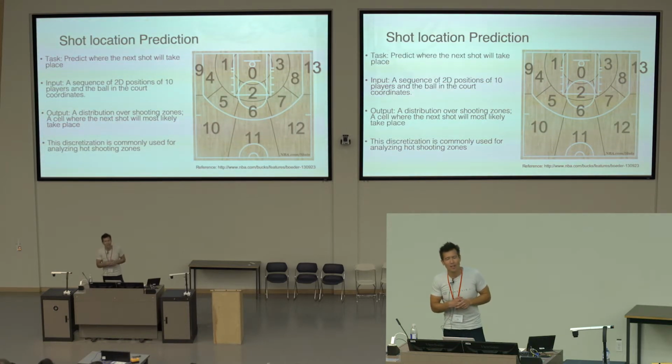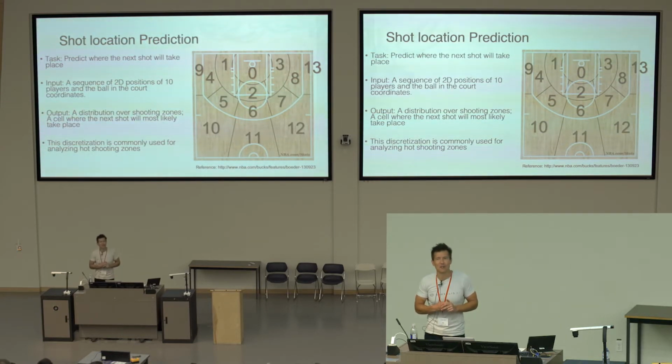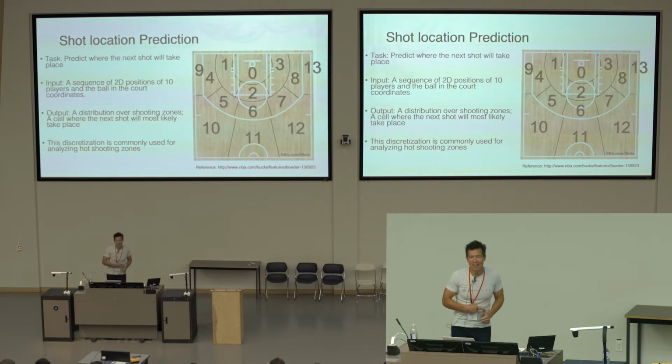So first, is this a hard problem? Do you know what's the most common location for a shot to take place in a basketball game? You discretize it into these 14 different zones. Any guess? Wouldn't it depend on the era that the game is occurring in? It does. So if you just had to guess, blindly, prior, what would you say? Yeah, it's 0, it's right under the basket. That's the most common thing. So some large fraction of shots take place under the basket. Okay, so that's one very, very simple naive baseline.